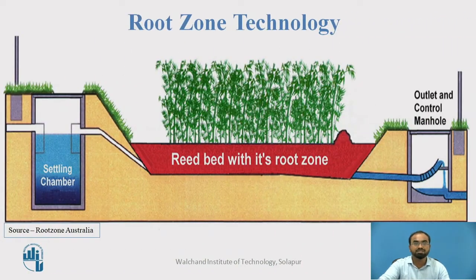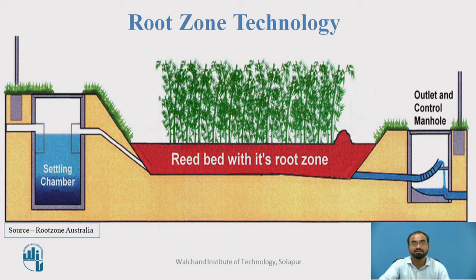Now in the picture you can see the wastewater which is being collected in the settling chamber is now fed as an inlet into the root zone technology system, in which the bed is having a lot of gravel on which the reed bed plants have been implanted. They have been grown on this gravel. So their roots will percolate inside the gravel and they will be providing a lot of